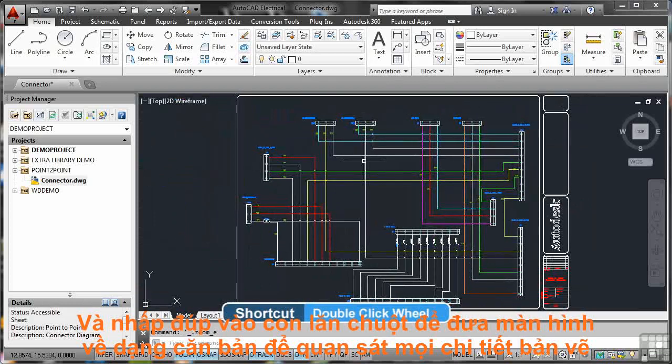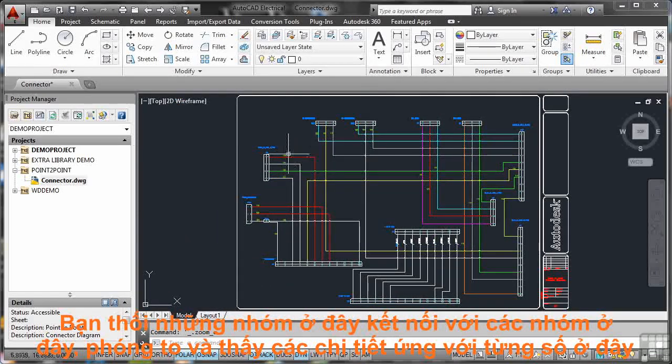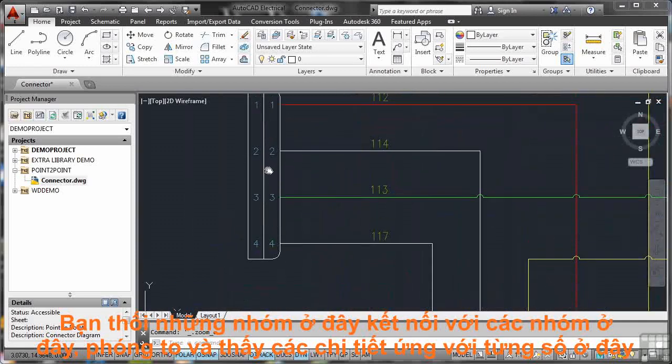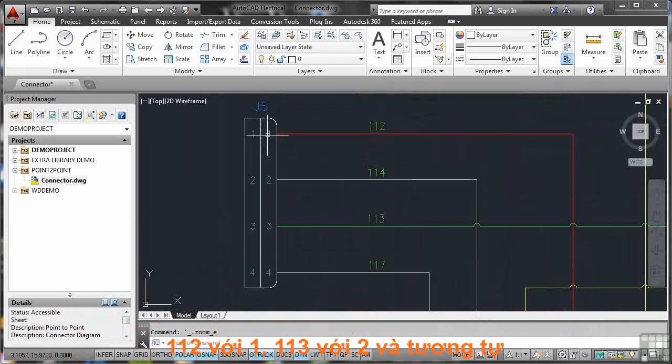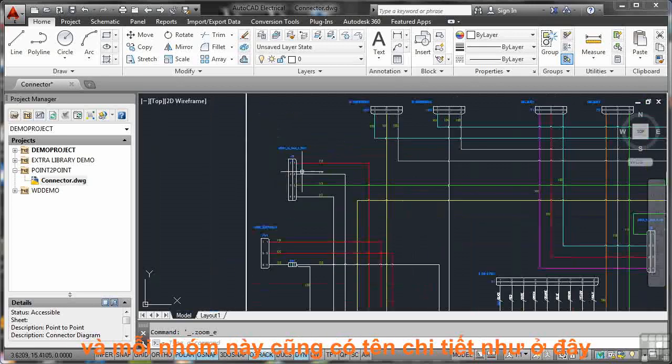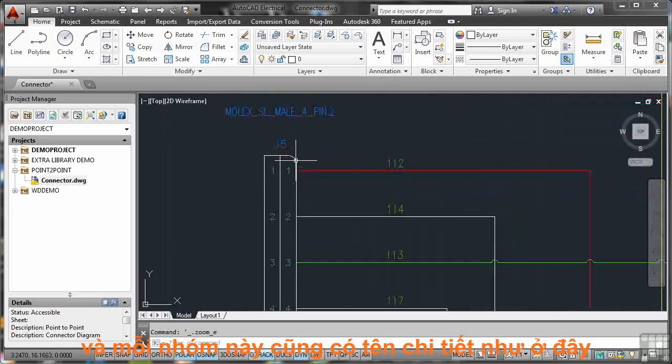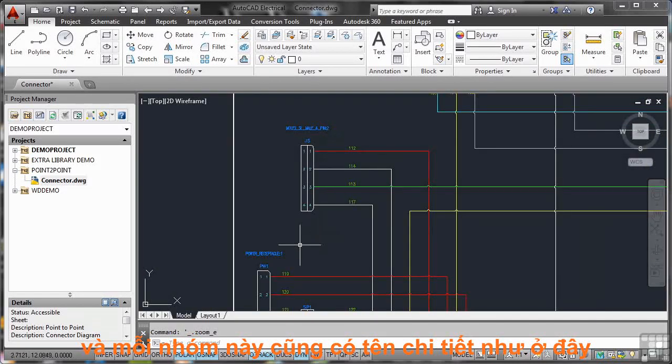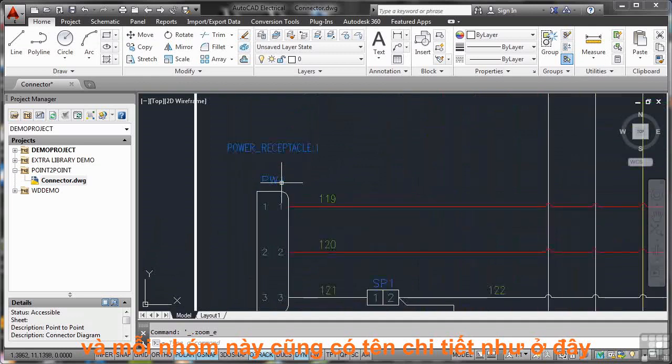in a circuit system. So you can see these blocks are your connector blocks where the wires actually connect, and you can see each of the terminals is numbered. So you can see that 112 is coming off of terminal 1, 114 is coming off of terminal 2, and so on. And each of these blocks obviously will have a name as well, and a brand normally, so the Molex is the brand there, and it tells you all of the information required, so there's the power receptacle and